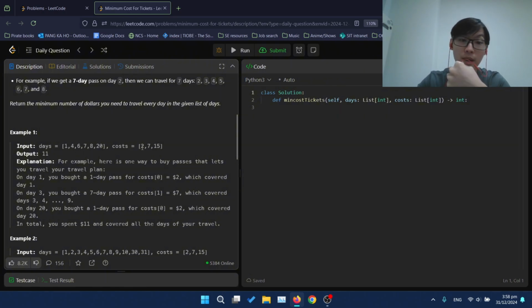Or we can buy a 7 day ticket and it will cover the range 1 to 7. Then we do the binary search to find the next day where we have to buy another ticket again, and then you just continue from there.